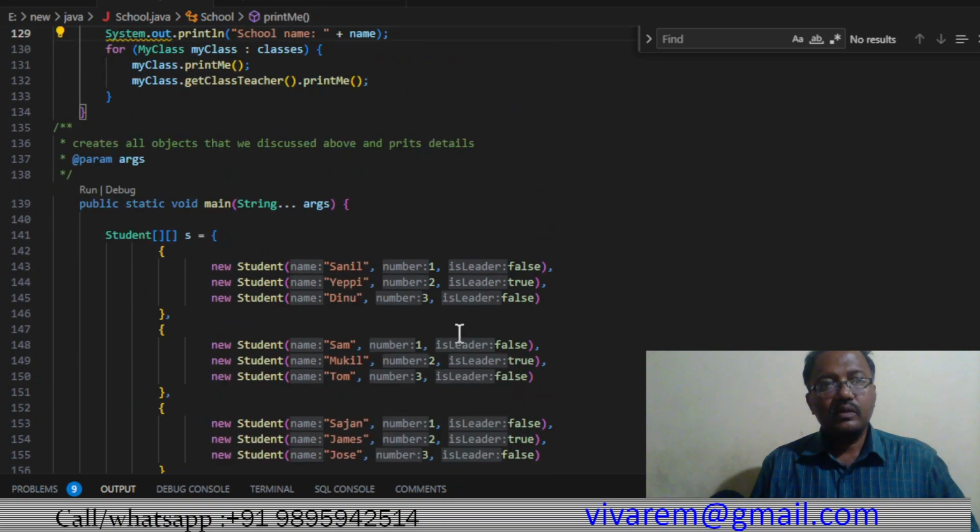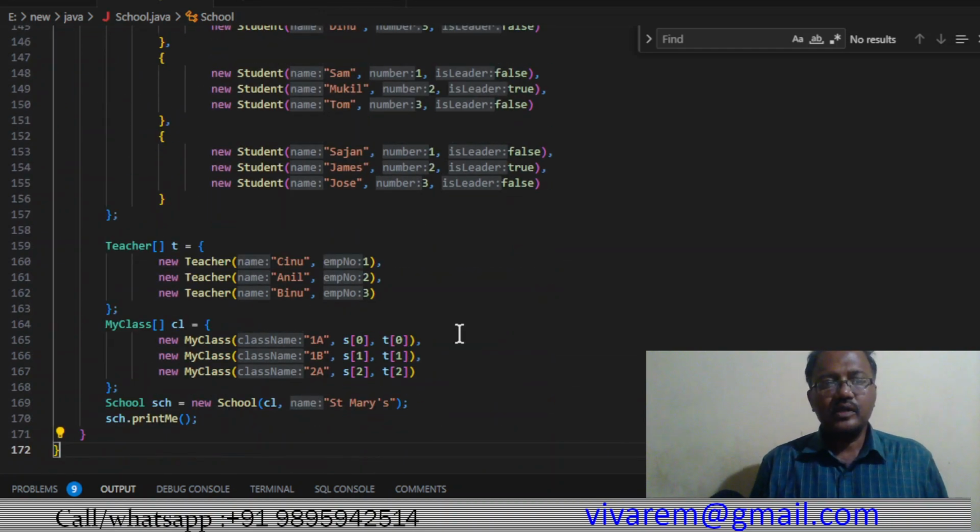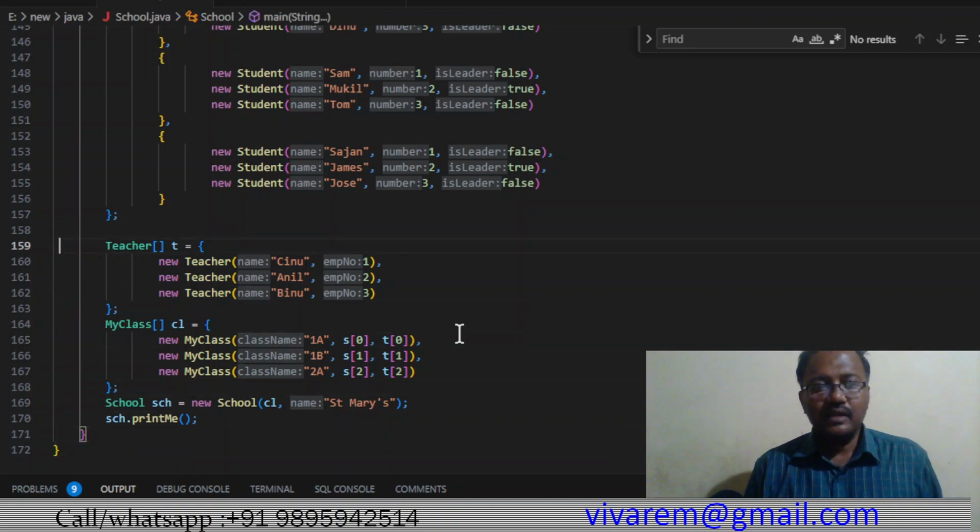School.printme is taking all the values from classes and then printing them, and similarly it gets the teacher class and then prints the details of the teacher, class teacher as well. Okay, this is a very simple one, but interesting. If you are a student of OOPS, that is you are trying to program OOPS, then this type of examples may be very helpful. If you have any doubts, please ask. If you like it, please try to share,